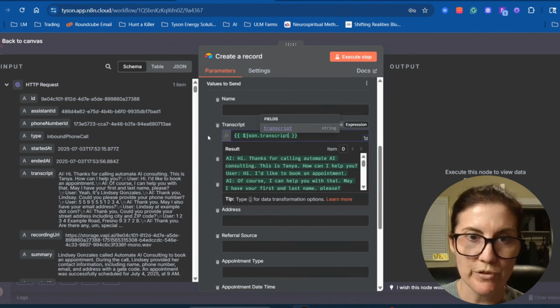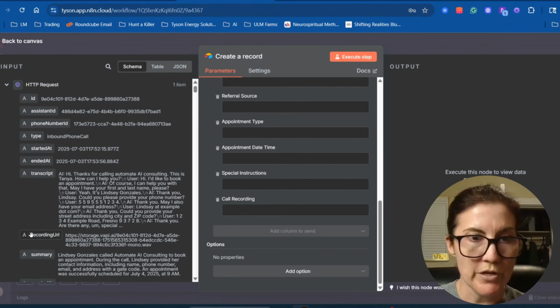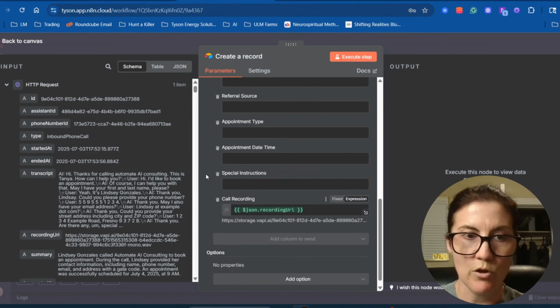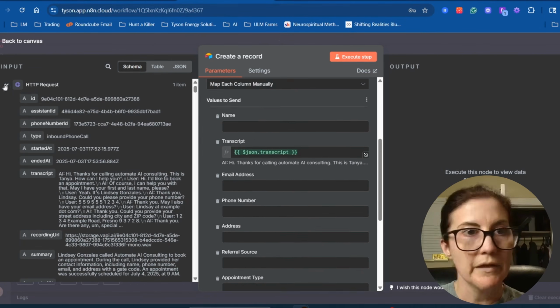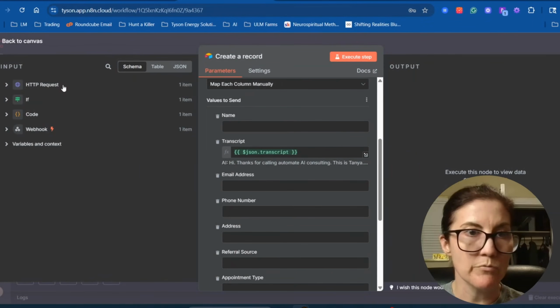So we'll drag that over and then scroll down and grab the recording URL so that we could listen to the call recording if we are so inclined. Okay, now we can close that HTTP request